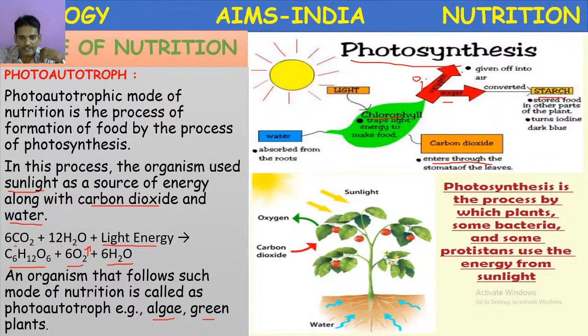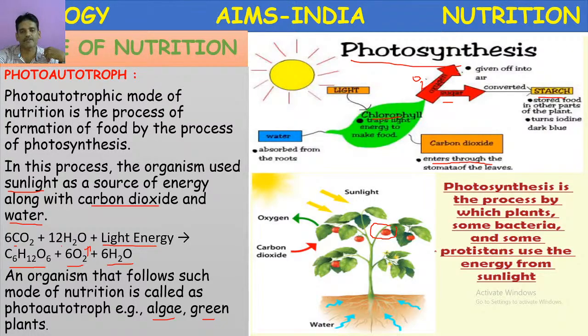Here, in the fruit, tomato, starch or another form can be stored. In some plants, it can be stored in the roots. In some plants, it can be stored in the stem, for example, potato. So photosynthesis is the process by which plants, some bacteria and some protistans